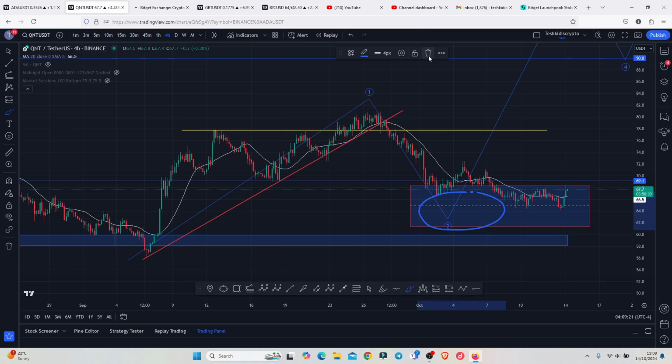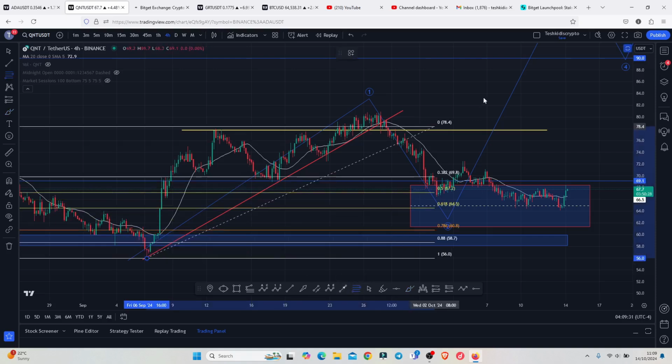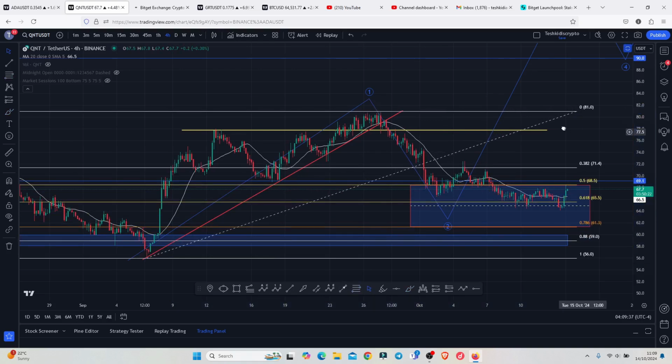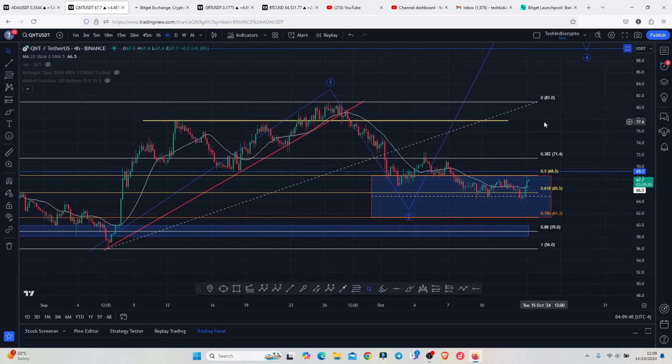Whose minimum target areas I have highlighted here on the charts using this target area, an area that I came up with by connecting the Fibonacci from the lows that we made down there to the high above the $81, giving me a minimum pullback target area between the Fib level 0.5 and the Fib level 0.78, and that is between the $68.5 and the $61.3, which is an area that we have almost fully maximized,